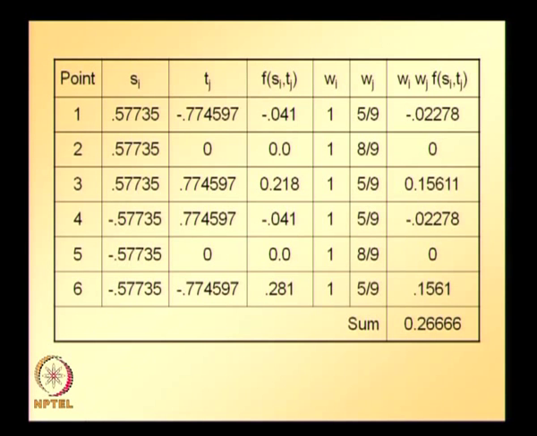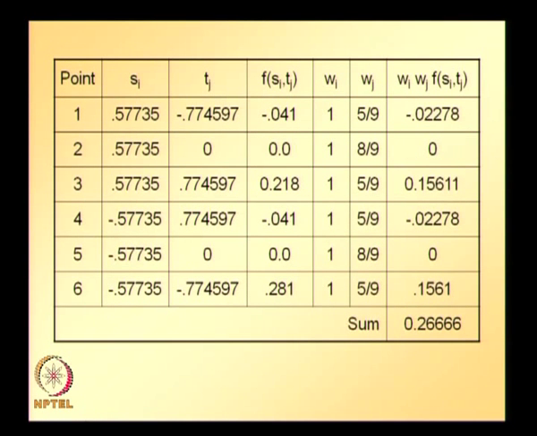Total 6 integration points. The first column shows the integration point number, the second column shows the location in the S direction, the third column the location in the T direction, and the fourth column the function value at that particular location, substituting the corresponding S and T values. The fifth column shows the weight in the S direction, the sixth column the weight in the T direction,